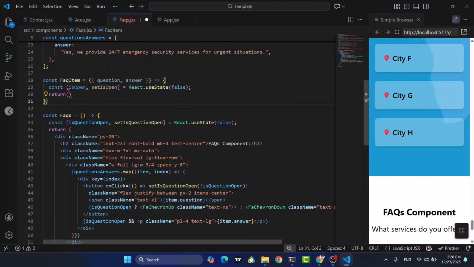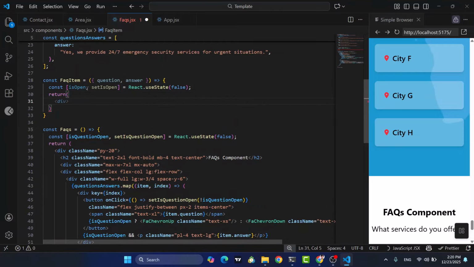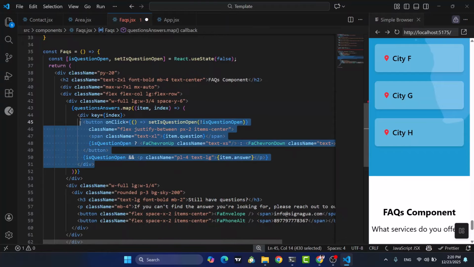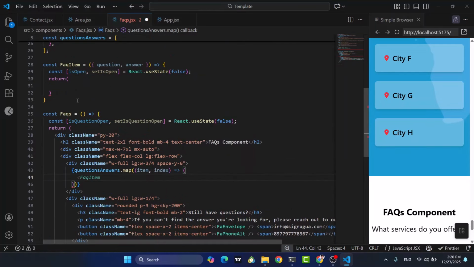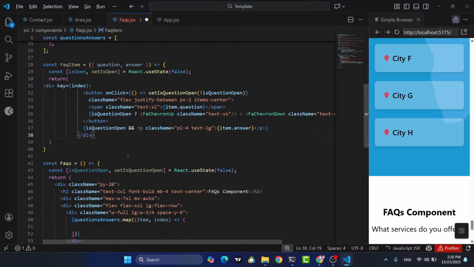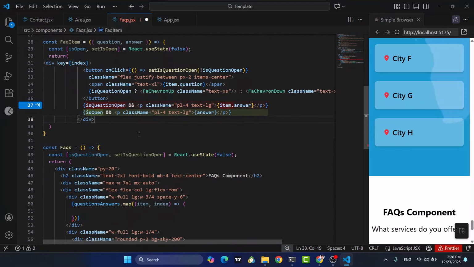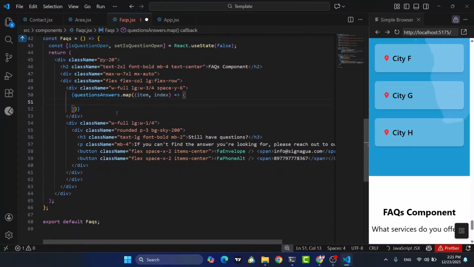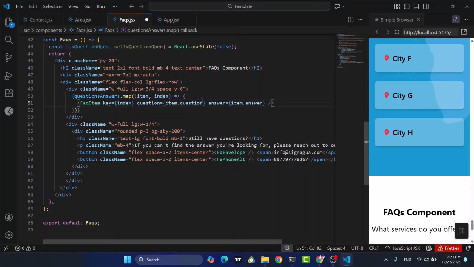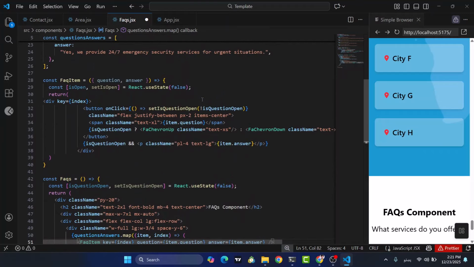I think we should close it like this. Yeah, inside this we will have, let's cut this div element. That's it. Alt-Shift-F, and now let's call this simply FAQ item here, FAQ item and key index, question and answer. We will pass them like this. That is okay. Alt-Shift-F. Instead of this, sorry, isOpen, here we will use isOpen. Set